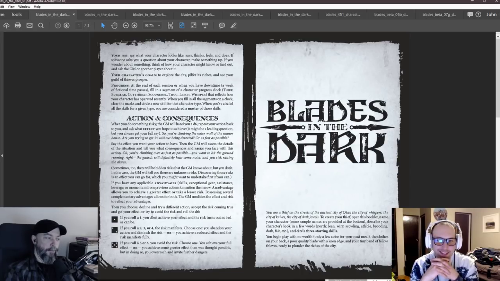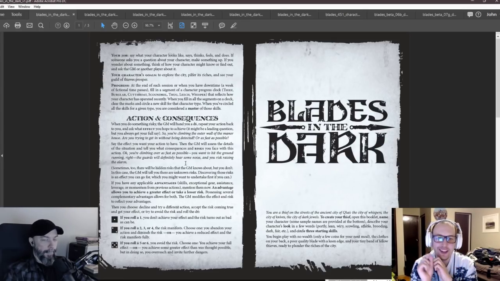You only ever rolled one die, and then you got these outcomes: a 1 was bad, a 5 or a 6 was good, and everything else was the mixed result. The fictional positioning determined what a 1 meant for you and what a 5 or 6 meant for you. So if you were in a controlled position, your 1s would be those soft failures where you could try again. And when you're desperate, it's like, you die, kind of. It had that idea of advantages and risks. Yeah, we're starting to get position and effect, the kernel of it forming.